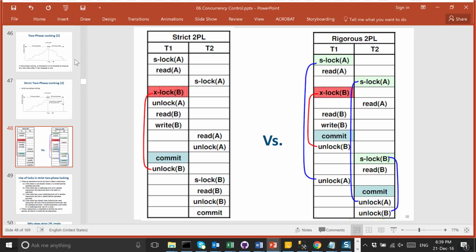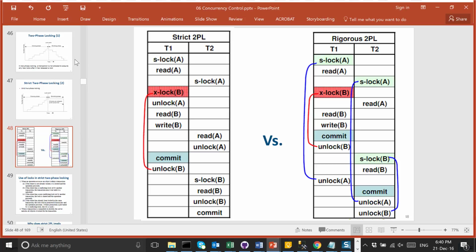Okay. Now this is the strict. There are various versions, and each one addresses some of the limitations. Each flavor of two-phase locking addresses some of the limitations that I didn't go through in a lot of detail. But here is the most common two-phase locking protocol that most databases use, which is the strict two-phase locking. The strict two-phase locking says, hold on to your exclusive lock until you commit. That's what the strict two-phase locking says.